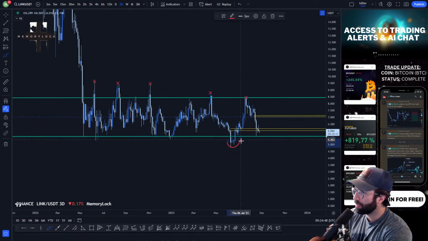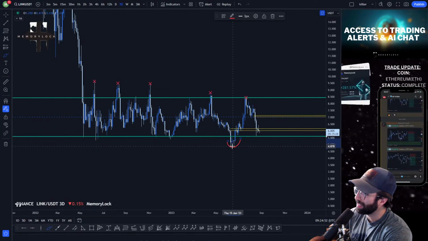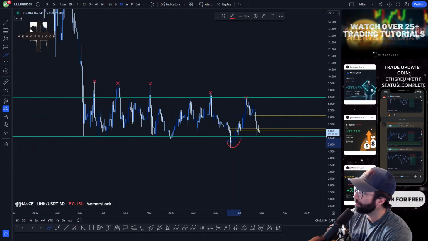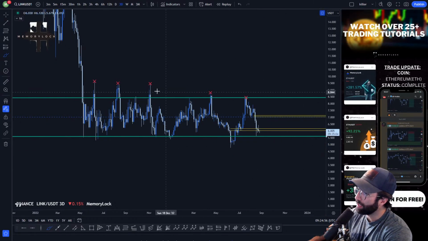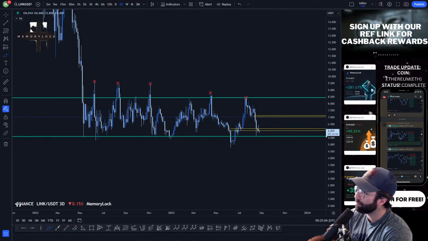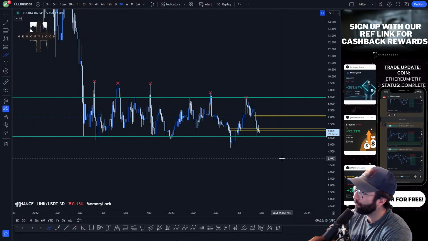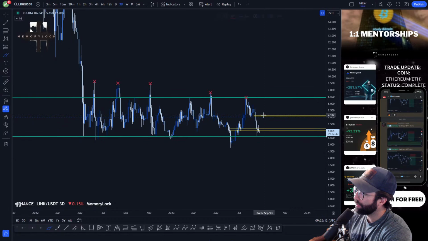We have this really nice deviation here that tells me that I think this is the low for the time being, with that deviation there. And none of these highs have been taken out. Ideally, sweeping all of these highs would be an excellent move to the upside that I would just love to see. Again, market is generally bearish. I'm not going to be holding my breath for some massive move like this, but at the very least, a move to the midline would be really, really nice.